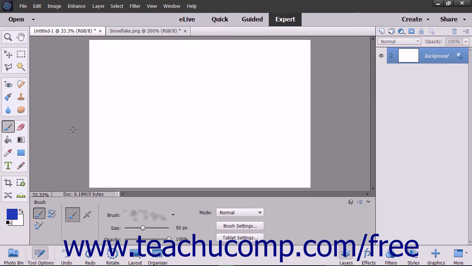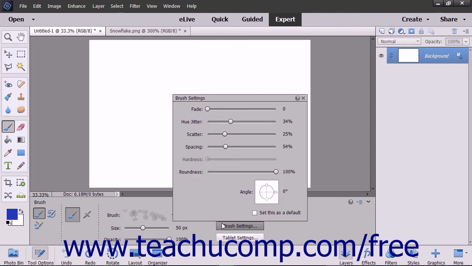You can access the Shape Dynamics settings by clicking the Brush Settings button in the Tool Options bar after selecting the brush tool from the toolbox. Generally speaking, the term Shape Dynamics refers to the settings that control the variance of brush marks within a brush stroke. Each control can be adjusted by using the slider or by typing a value in the box to the